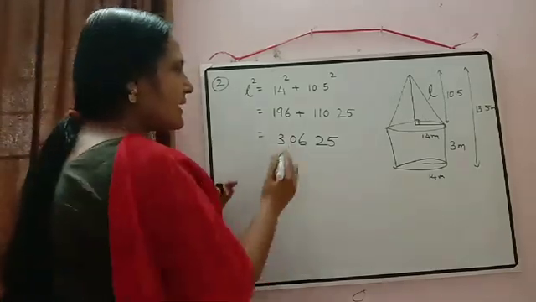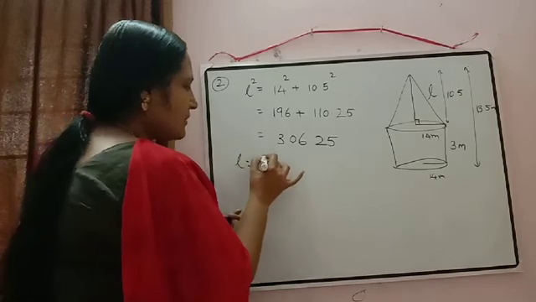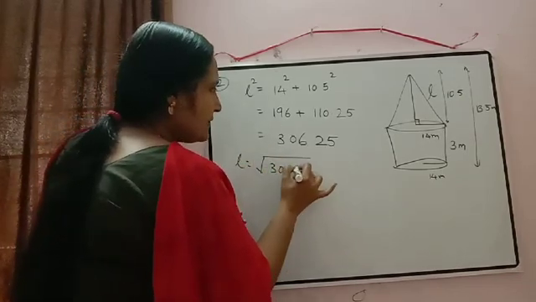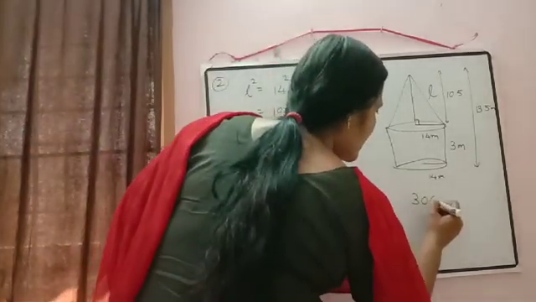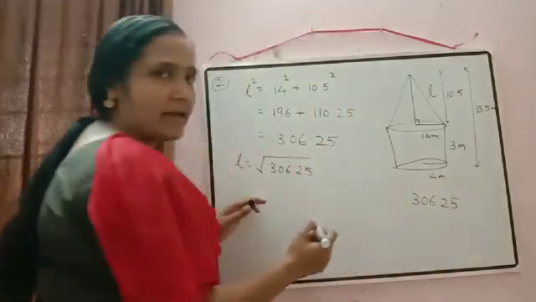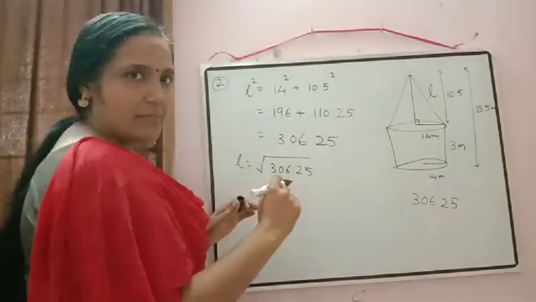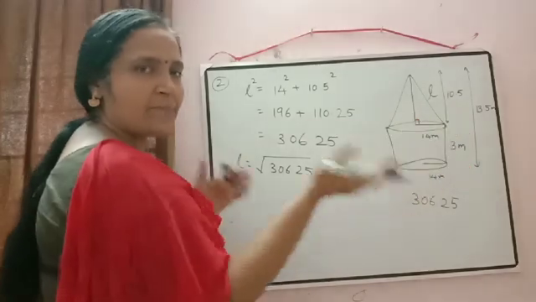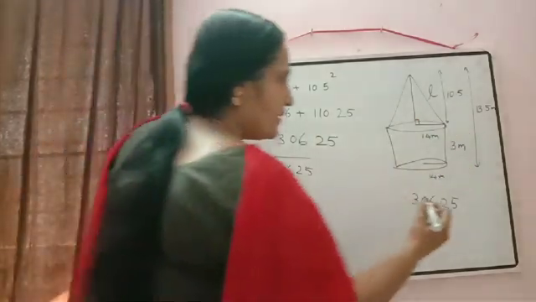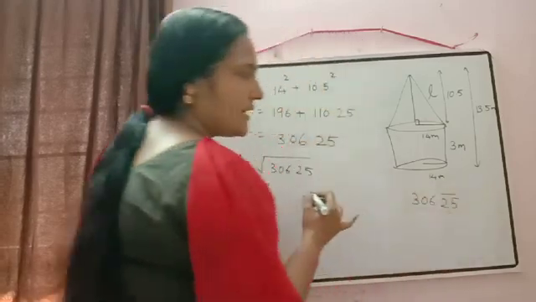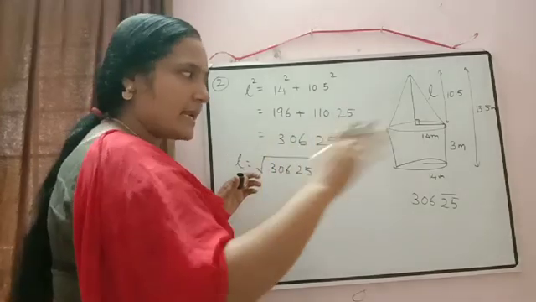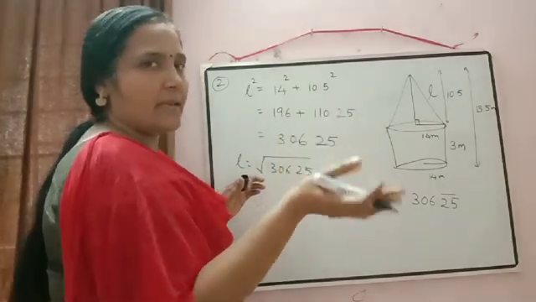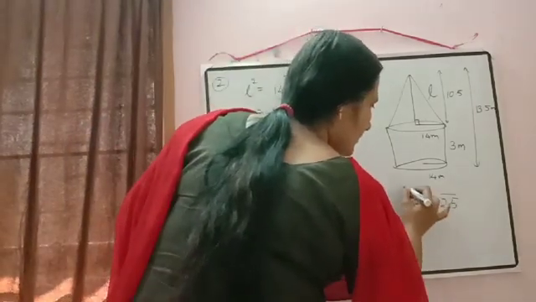Now we will calculate the value of L. So that we can do here as a rough work, because L means we have to calculate square root of 306.25. So now we can check how we will calculate the square root. To calculate the square root of decimal, in the right hand side separate pairing, left hand side separate pairing is there. So in the right hand side already 25 is there in pair. If it is not in pair, you have to add 0, because the right hand side it should be in pair only. Left hand side, if it is not in pair, no problem. So first 0, 6 will come, then 3 will be alone there.